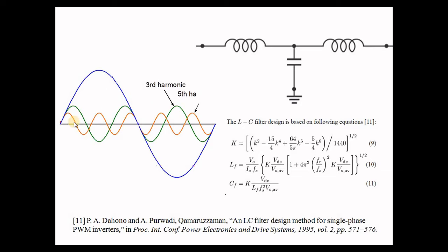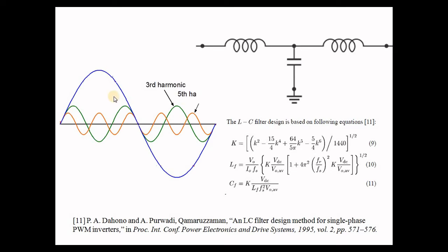See, actually this is my fundamental frequency, like 50 Hz. This green is my third order harmonic. I mean, during one cycle, I can get 3 cycles of third order harmonic and 5 cycles for fifth order harmonic. This will be yellow. This will be circulating from phase to phase. See, this is the third order harmonic.